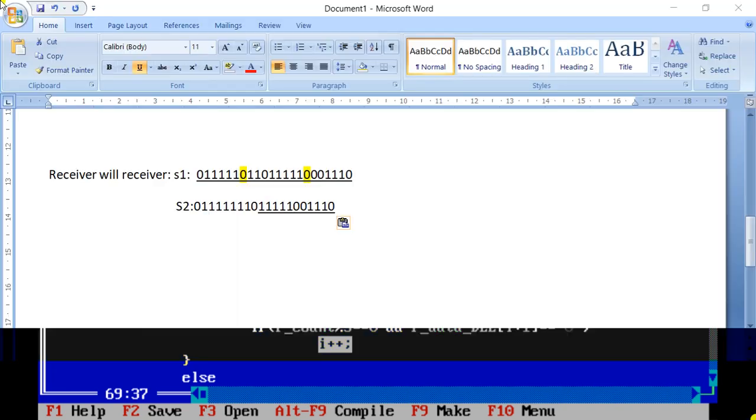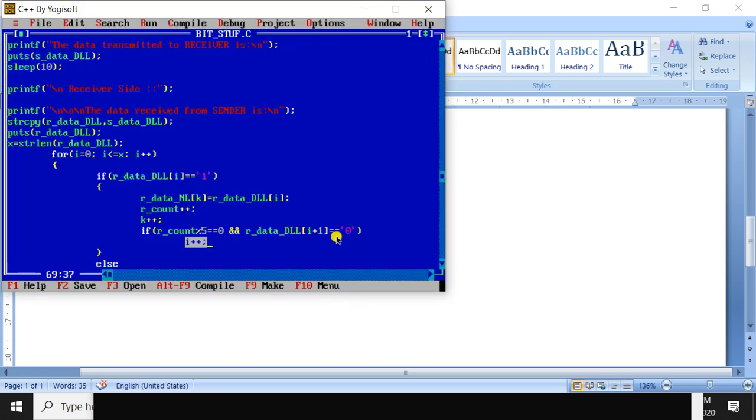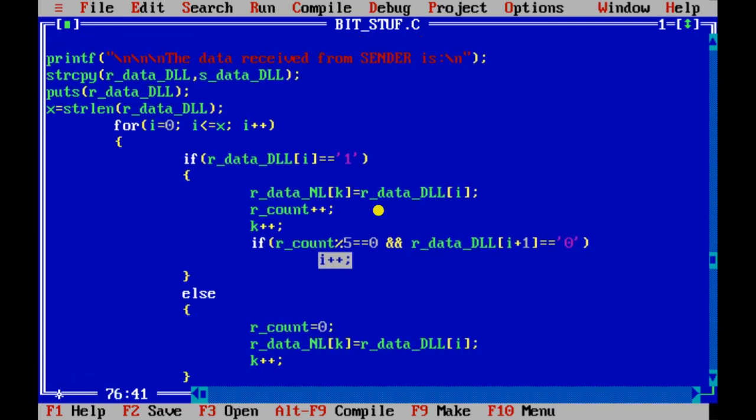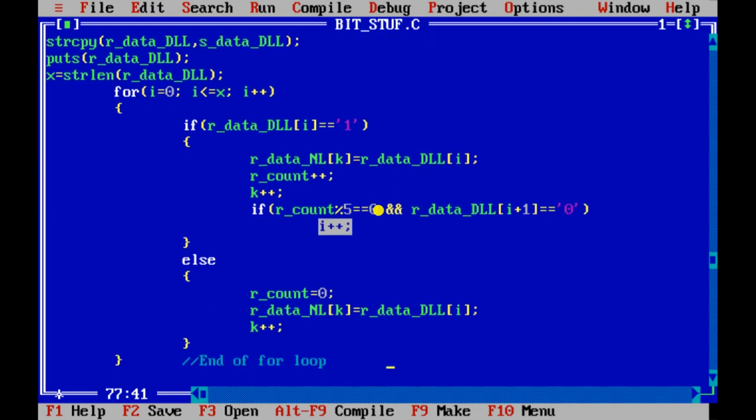Getting? म्हणजे इथं बघा इथं की हे 5 नंबर ऑफ वन्स मी ह्याच्यात कॉपी केले दुसऱ्या स्ट्रिंग मध्ये, तर इथं आईचं काउंटर डायरेक्टली मी 1 नी वाढवतोय. So this I will become this one. So this 0 will not get copied into the new string, that is S2. So that is what you have to do in this program.